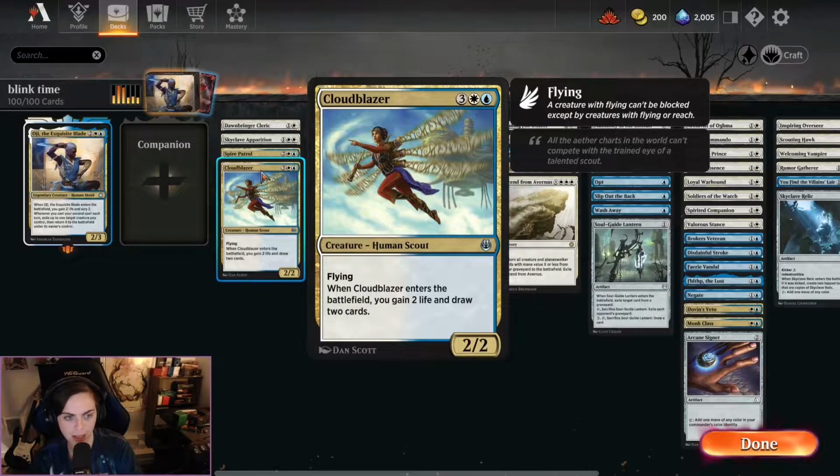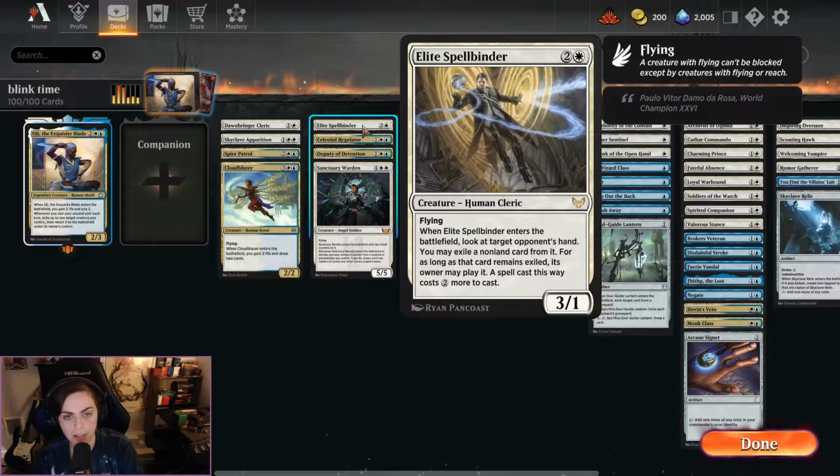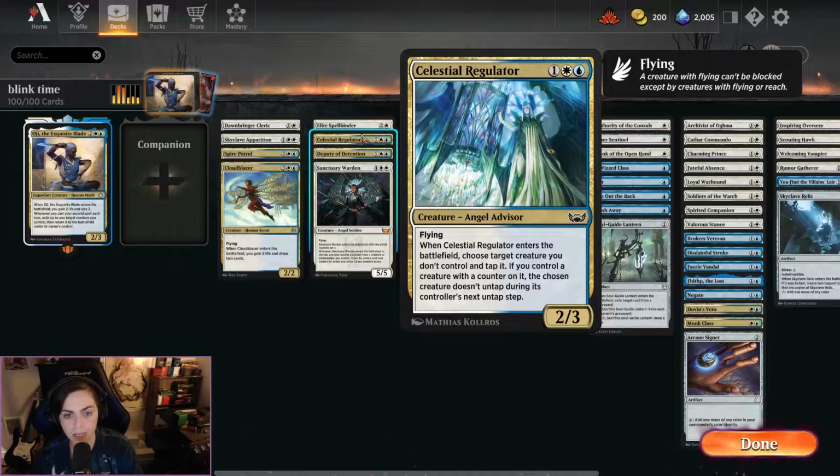This is one I would run with my Paper Yorion deck, so it's just a really good card for value, especially if you're flickering a lot. And then Elite Spellbinder, I like to flicker so I can see what's in my opponent's hand and make it cost extra. Celestial Regulator, another thing, it's a little bit less likely that you're going to have counters,